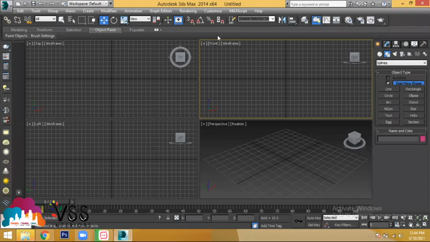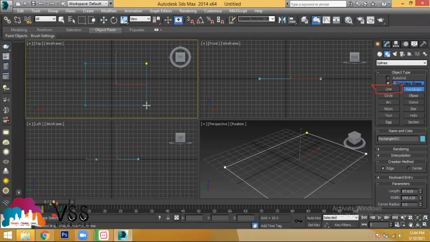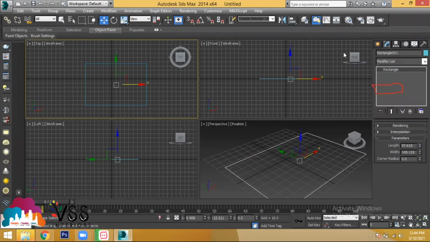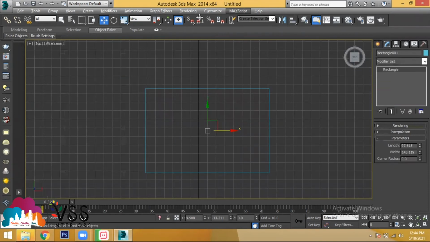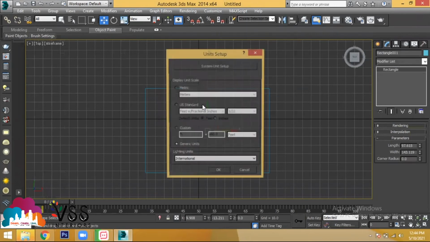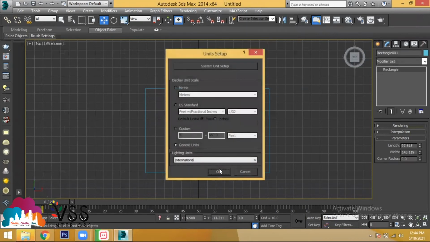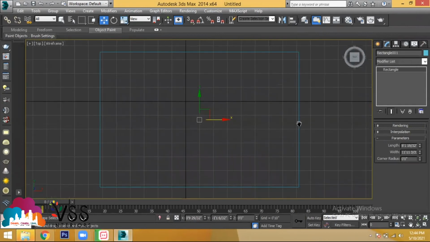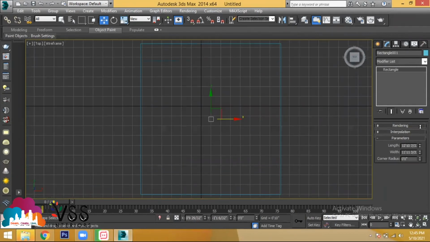Sure. Line is a tool which is very much important. We have multiple modifications. For example, if you take a rectangle, what are the modifications you have in Modify? One, you can change the length. You can put the units into feet and inches. If you provide a dimension, you are able to provide length and width. Anything else more than that? Apart from that, you have one corner radius.